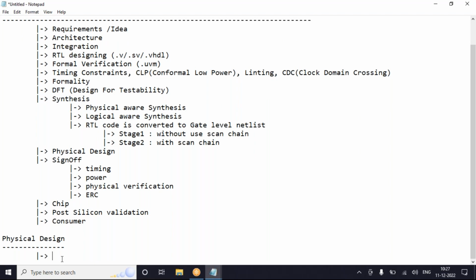Okay, so now let's move a little bit forward. Physical design. Now from this, again I'll ask the same: physical design, why? I'll tell you mine first. The main reason I chose this is that I need something more competitive and more thinking.